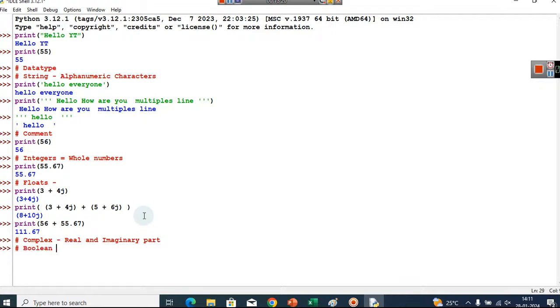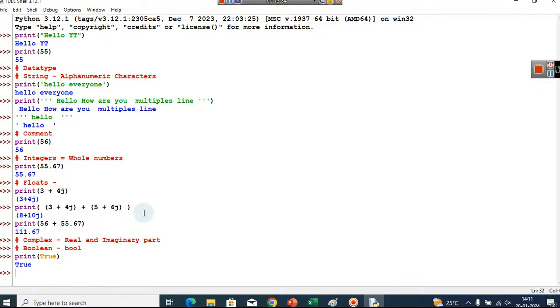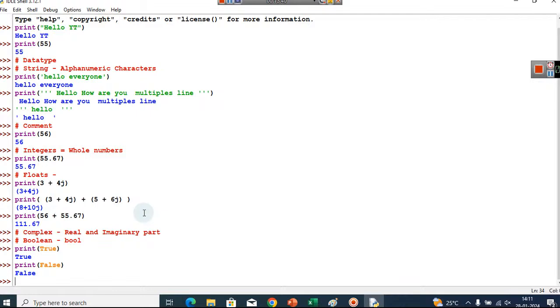In a Boolean data type, which is commonly referred to as bool, you will find only two possible values, that is true and false. So you can write print true and print false. So this is a Boolean data type. Print true simply